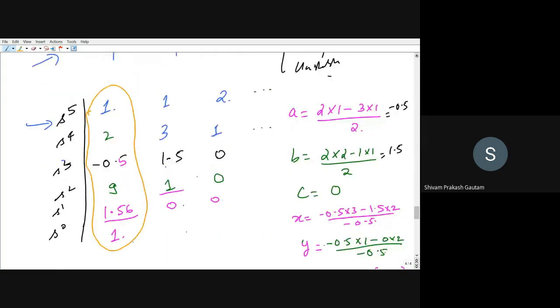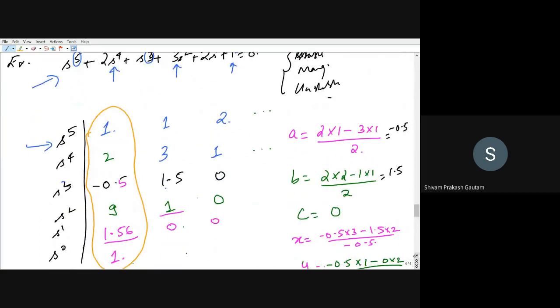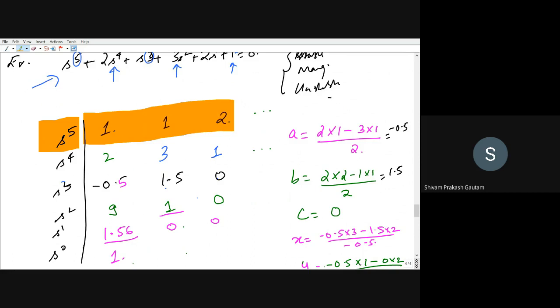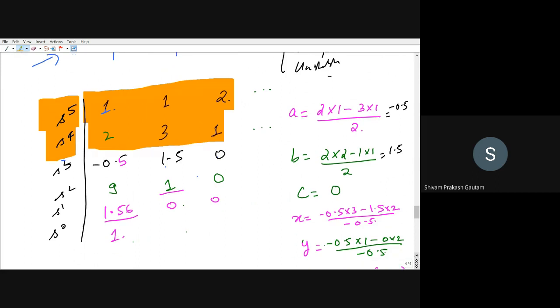Once you have the Routh table, and to form the Routh table, you have to take the maximum power of S here. So we have taken the maximum power of S. You can see the maximum power of S is 5, which is odd. So we have filled in all the coefficients of the odd powers of S. The next is S to the power 4, which is even, and we have filled in all the even power coefficients of S. The rest of the rows you have to calculate, and I've shown you the pattern, and you can follow that same pattern for each and every Routh table problem, and you will get the answer.